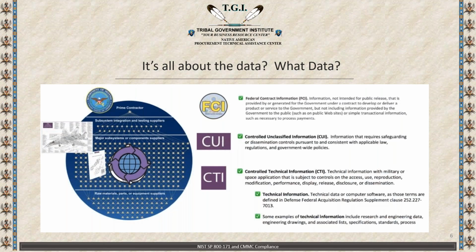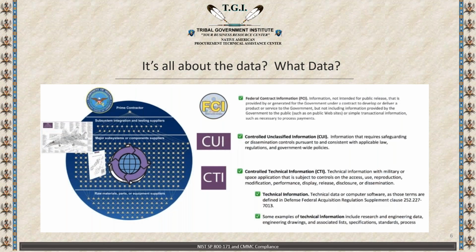Federal contract information could be email exchanges about the program, general information about the testing, the general designs that are not technical in nature, or the capabilities of a particular manufactured part. FCI is not technically classified, but the government does not intend for it to be publicly released. Oftentimes, these kinds of discussions occur through email because that is our principal method of communicating these days.